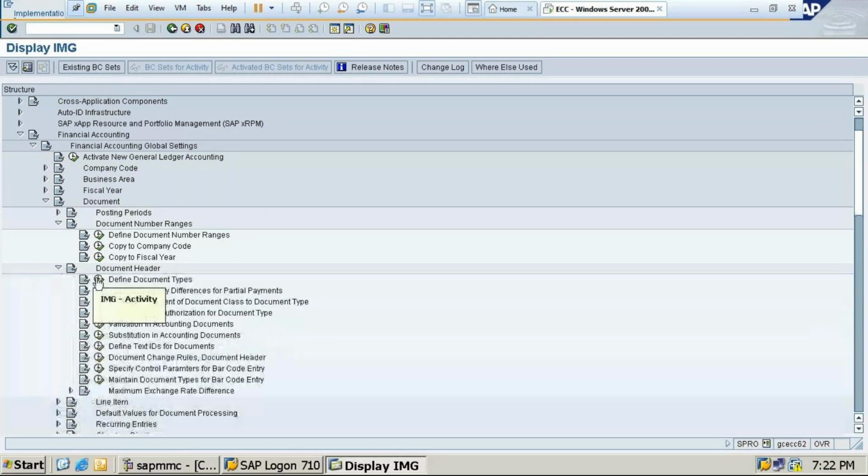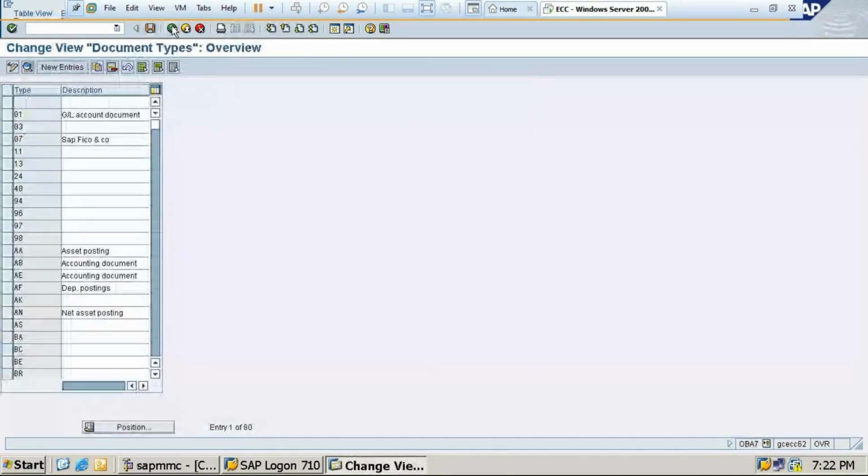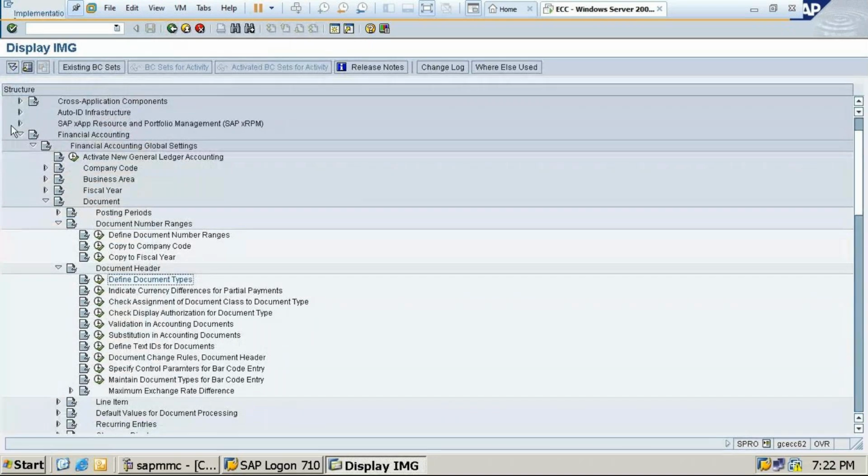Yes, students, this is the document types. Please write the path for this. Financial accounting global settings, document header. Write the path, students.